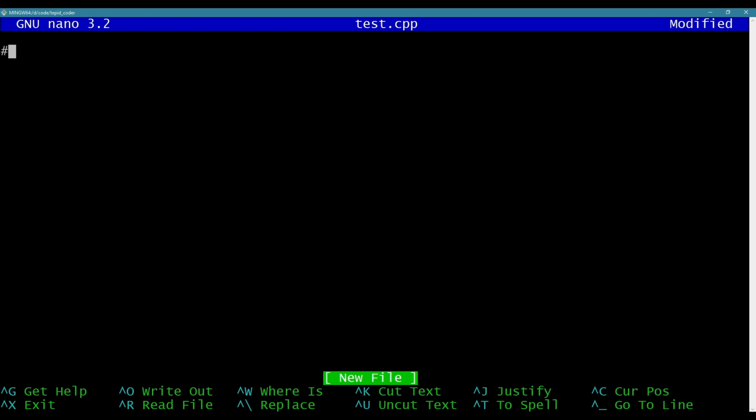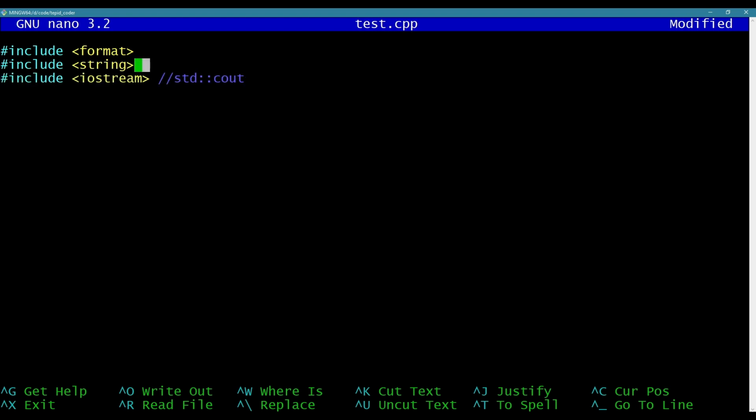Okay, so if I have #include <format>, I'm also going to want to include <string>, real quick, and <iostream>. This is for like std::cout. This is for std::string, which I'm going to need. And this is for std::format and vformat. Anyway, first things first, let's